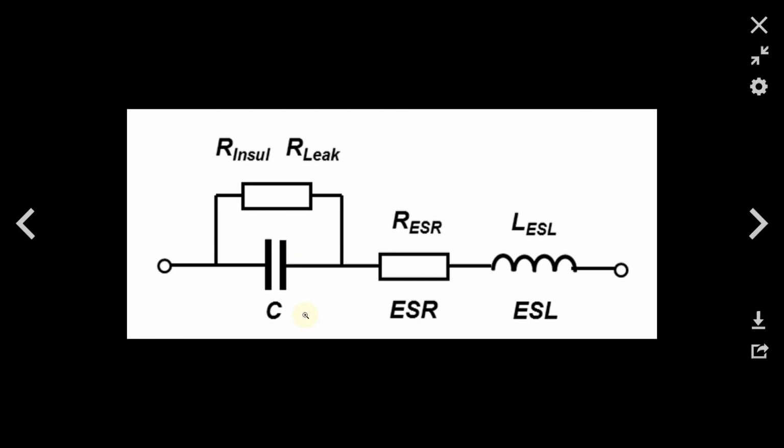Here we have the main element, the capacitor. We leave out the insulation or leakage resistance because it is of absolutely no importance in bypass applications. So what remains is the equivalent series resistance and the equivalent series inductance, ESR and ESL. Now you might recognize these three elements in series are nothing else but a series resonant circuit, and this is